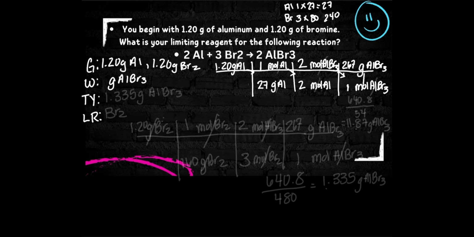So now I have to actually do the math going across. I'm going to multiply 1.20 times 1 times 2 times 267. Once I do that, in my numerator I have 640.8. I'm now going to multiply my denominator, which is 27 times 2, which gives me 54. Then I'm going to take that 640.8 and divide it by 54, and that gives me